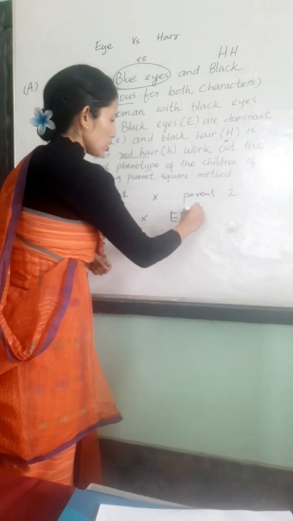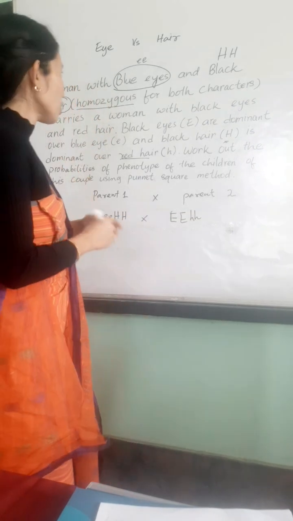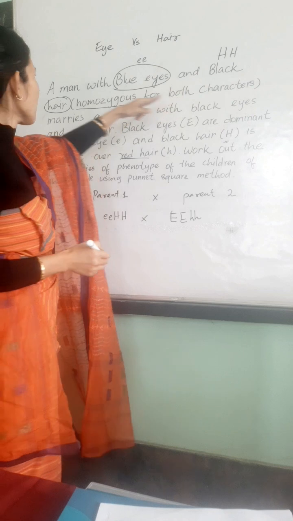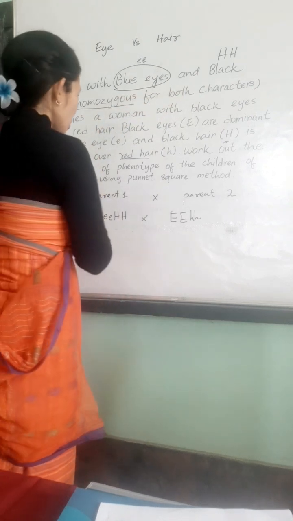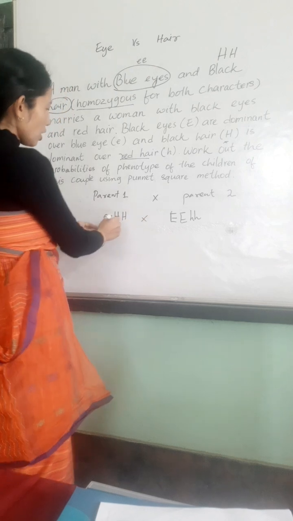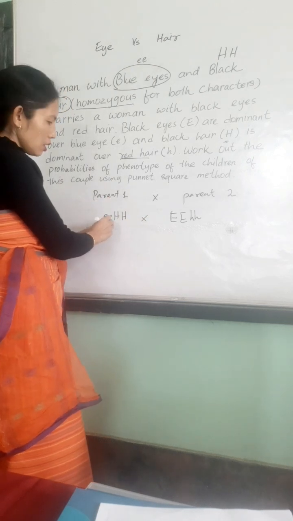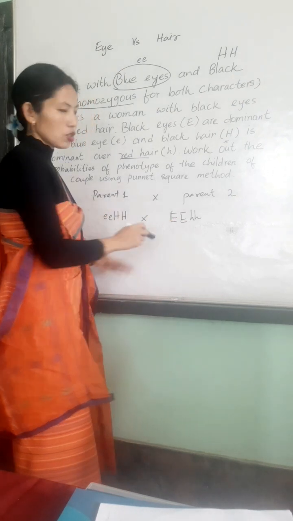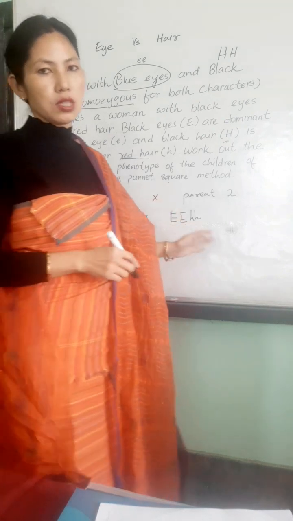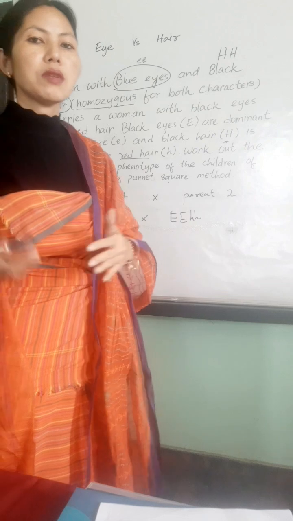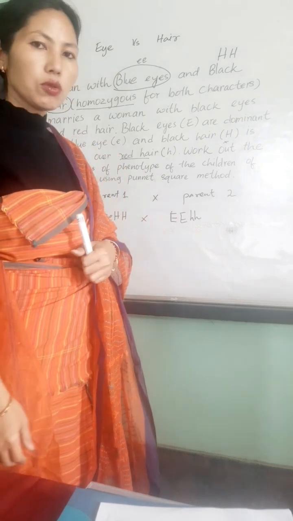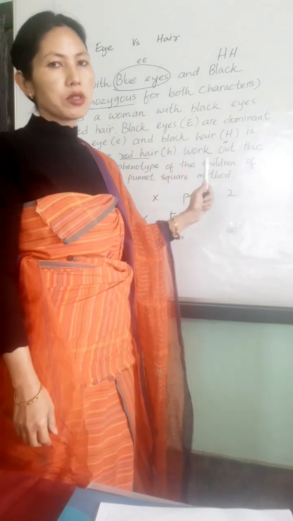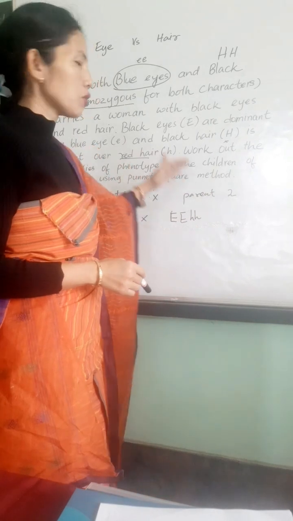Both are homozygous, so here we get the genotype of one parent as small e small e, capital H capital H, and the other as capital E capital E, small h small h. Once you come to this, there will be minimal possibility of any mistake. So first you need to identify whether it's a dihybrid or a monohybrid cross, and secondly, according to the question,